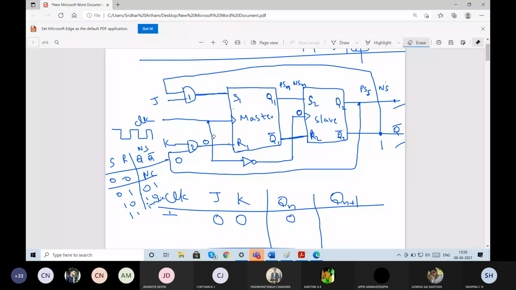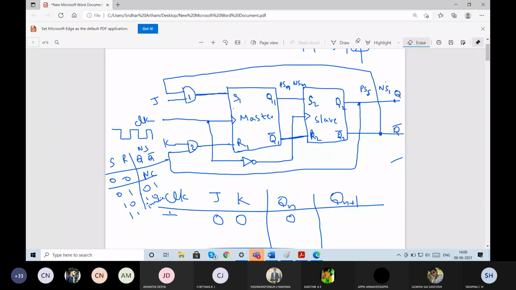All of you please concentrate here once again. Okay, so the output here is Q, and this is Q bar. The output of Q is nothing but Q2, and Q bar is nothing but Q2 bar. I don't have space there, so I've written it a little far away here.